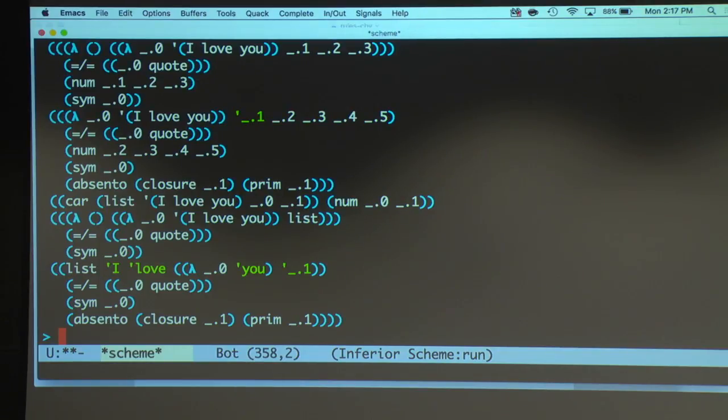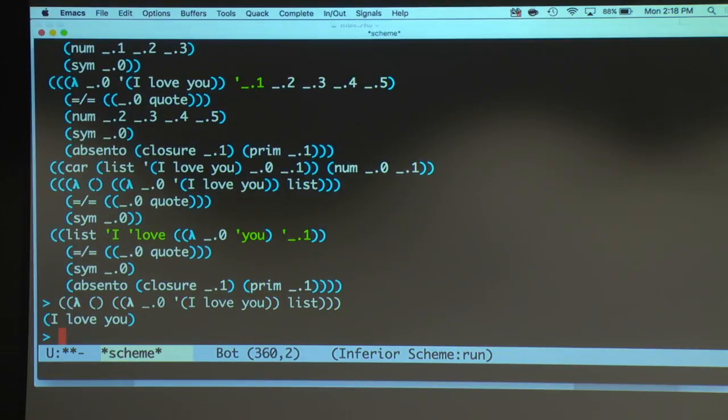Okay, let's do that. Let's get some more. All right, here's some more. So let's pick one. We're just getting started. All right, how about, I don't know, let's grab this one. There's some side conditions, but that's some lambda. Now you'll see a couple lambdas. You'll see that we have this _0. That represents, in this case, we had a side condition saying that's a symbol representing an identifier. This is basically a representation of a variadic argument in Scheme. So anyway, that evaluates to I love you in Scheme or Racket.